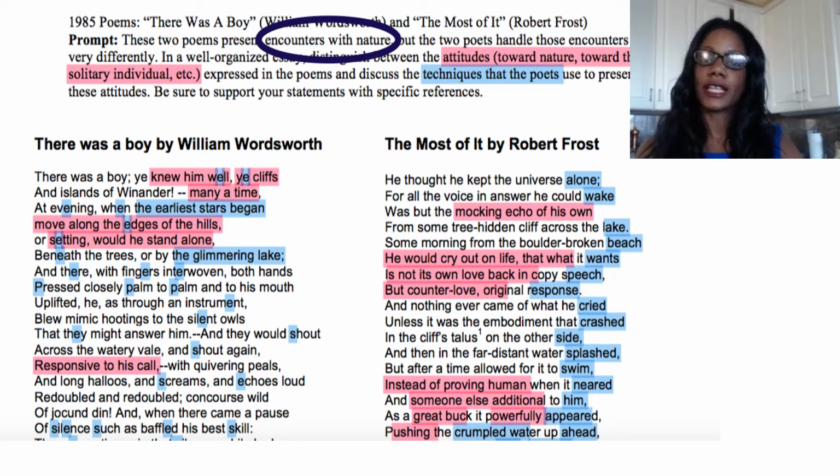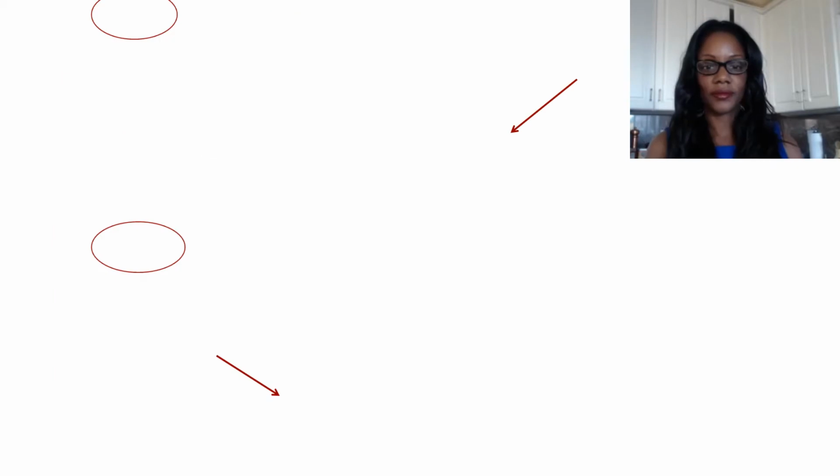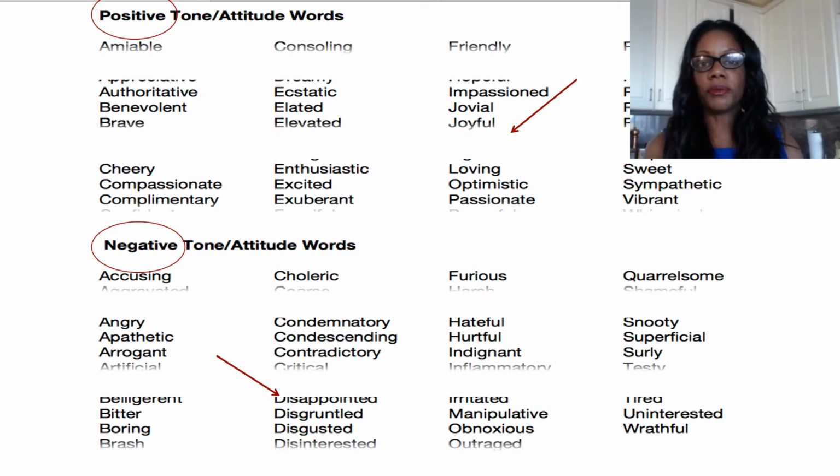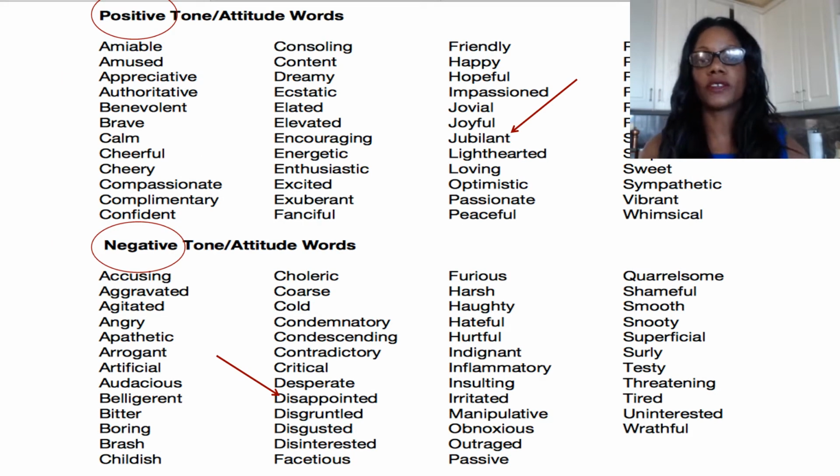Now, if you recall, last week I sort of told you how to explicate a poem. Today what I want to do is show you what one looks like. I want to share with you my cheat sheet for looking for one of the points that are addressed in the prompt. One thing that's required of us is to take a look at the tone that's expressed in both